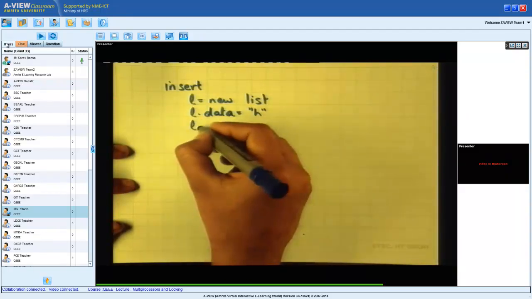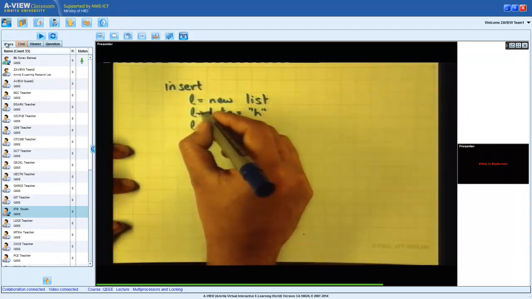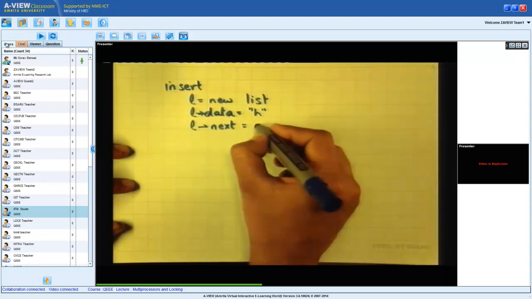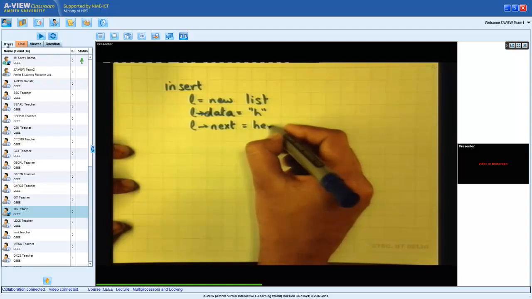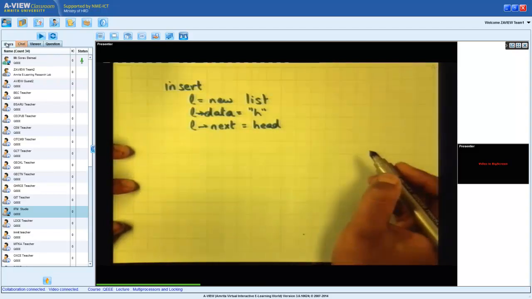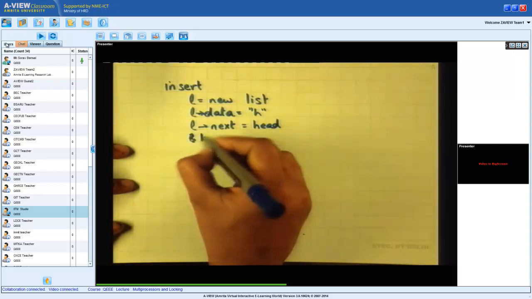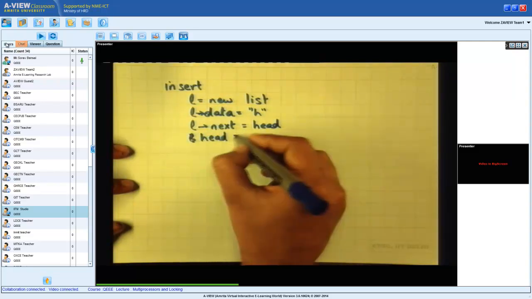L dot next is equal to head, and head is equal to L. Right? This was our code.